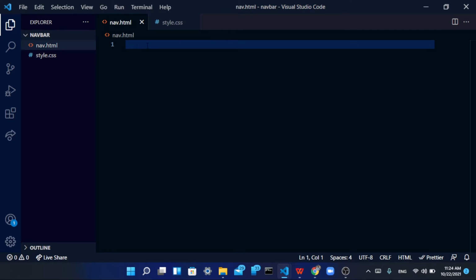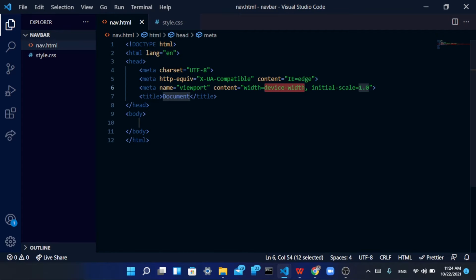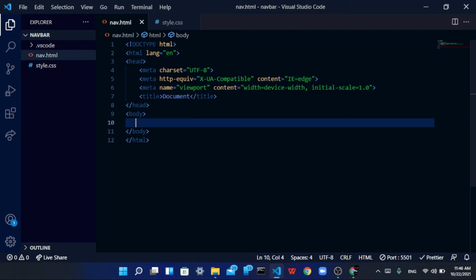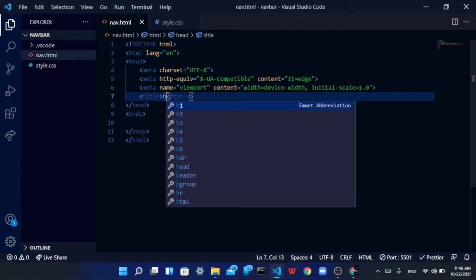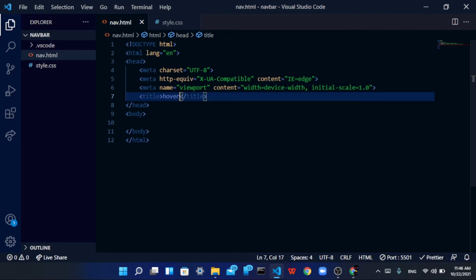Okay, and in here nav.html we can use the boilerplate that VS Code provides us. So to open that, press shift and 1 and select the first exclamation mark. Then you will get the boilerplate of the HTML file. Okay, now let me quickly edit the name of our title. So I'll mention it as hover effect,